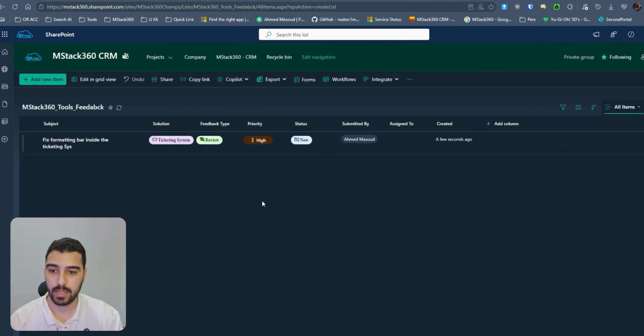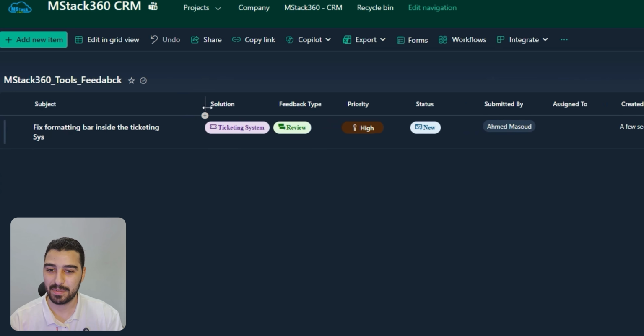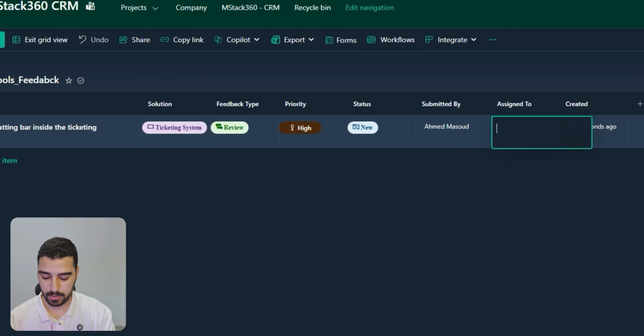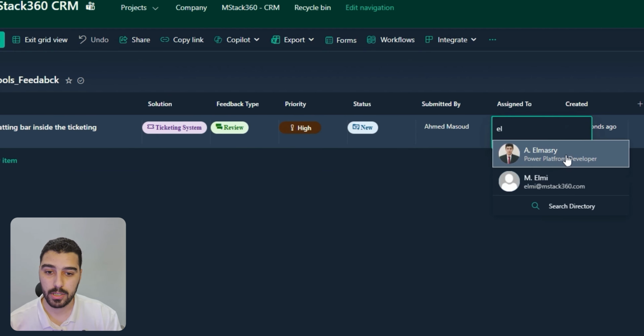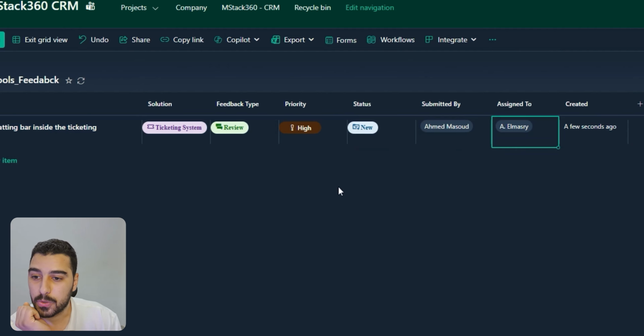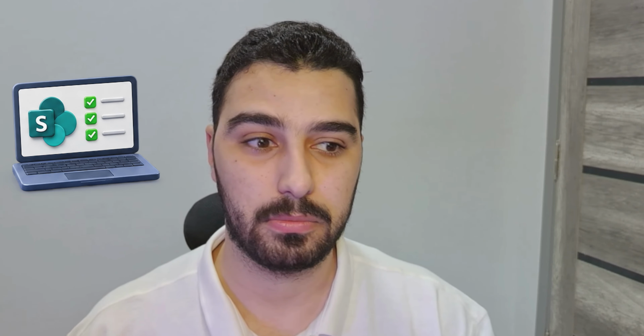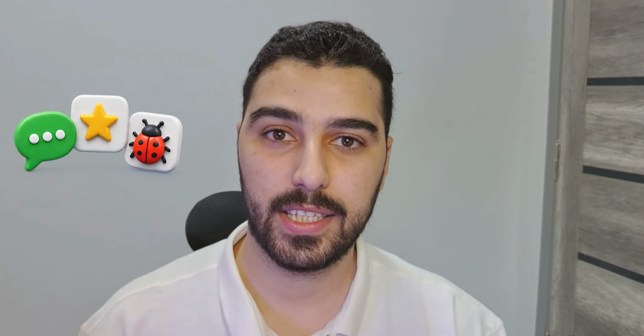I see here a submitted item by Ahmed Masoud. We can start building some automation to assign it to an agent or engineer, but I will assign it to our developer Al-Masri so he can work on it. So this is, guys, what we have built inside SharePoint completely. After building a lot of apps, we wanted to create a tool that captures the feedback, reviews, and bugs for those apps and services. I hope it was helpful, and allow me to speak a bit about what we do